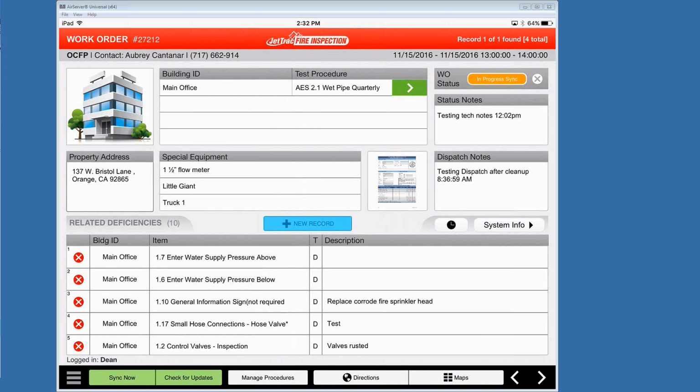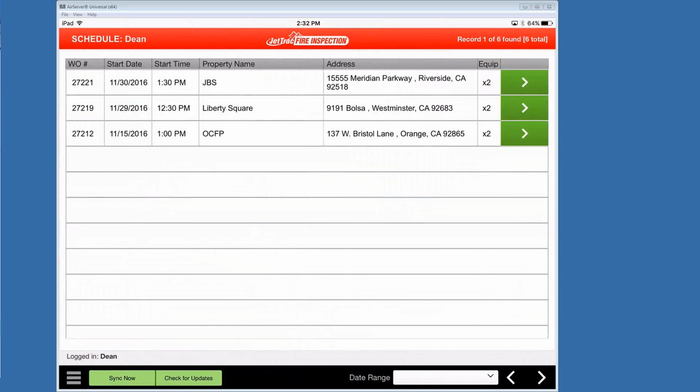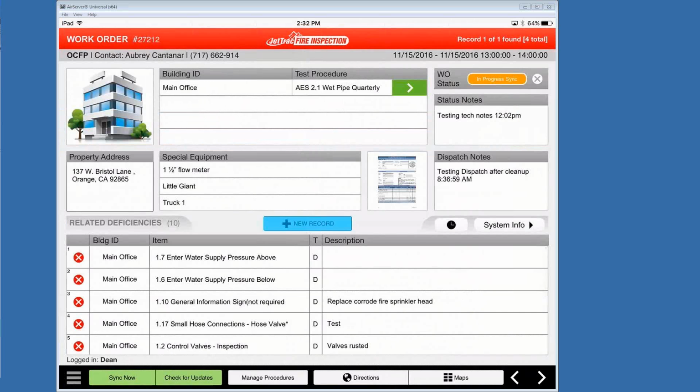What he needs to focus on is the option we're looking at right here on the work order. At the bottom left, you see where it says Sync Now. You can click on that button, or you can go back to the schedule and sync now from there as well. But let's go back to the work order layout, where it'll be most common,